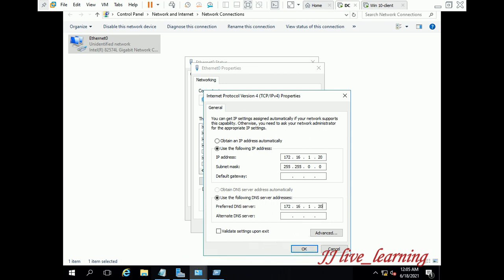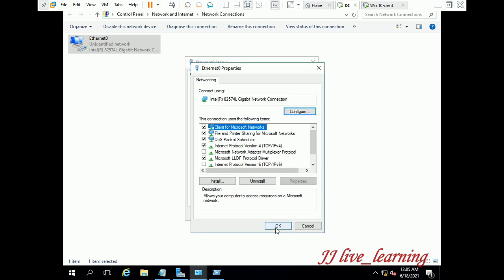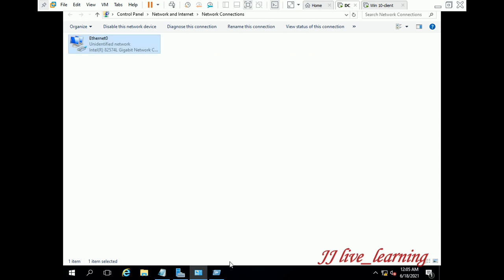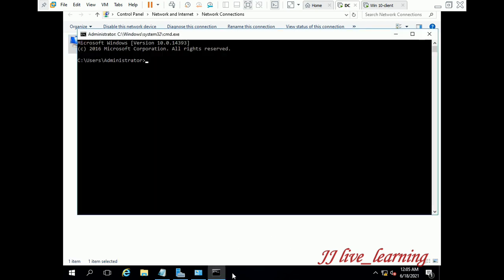Once that is over, you check your FSMO roles. Just go to the command prompt and type the command to check the FSMO roles of your AD.